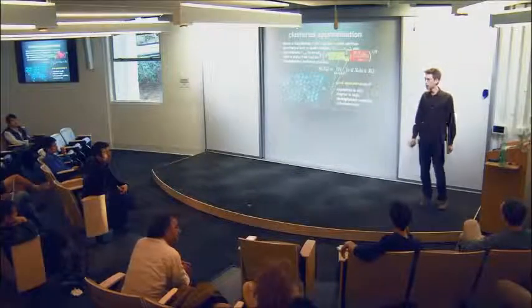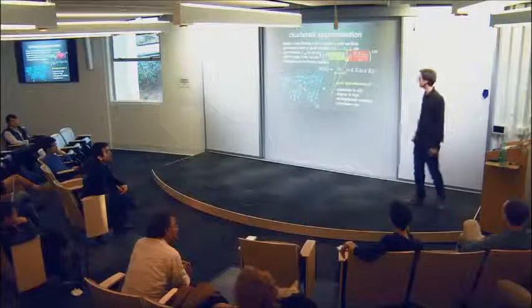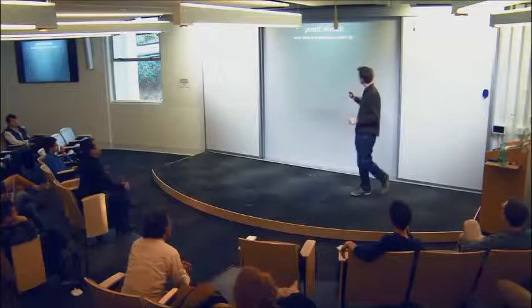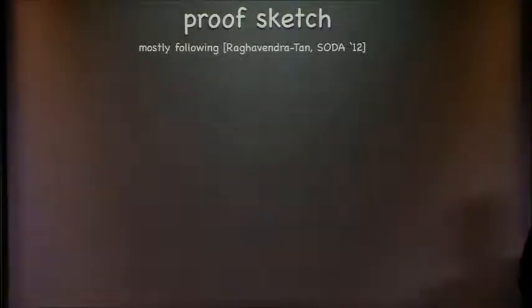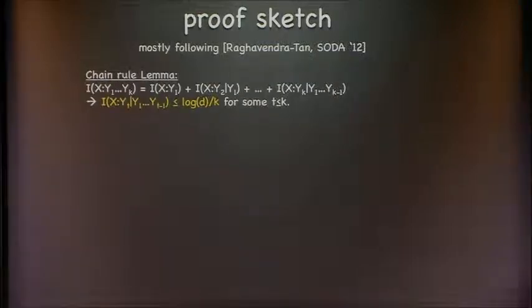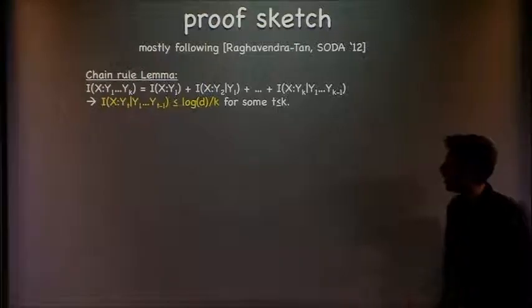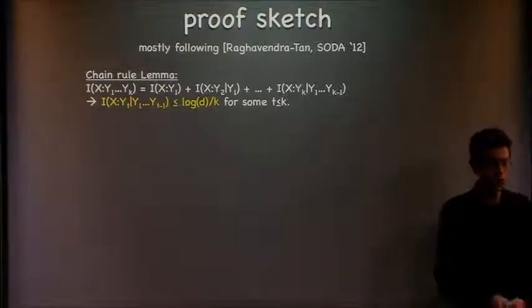So maybe I'll do a sketch of the proof, which follows this technique of Prasad, who's somewhere in the audience, and his collaborator Ning Tan, an information-theoretic technique. When Fernando and I discovered it, we wrote two 40-page papers immediately, following up on all the implications, and I think we're still not done following all the uses of it. It was very exciting to see this formula, and it's surprising because it's not a very hard formula, but somehow it came as a big shock to us. And the formula is the chain rule for mutual information.